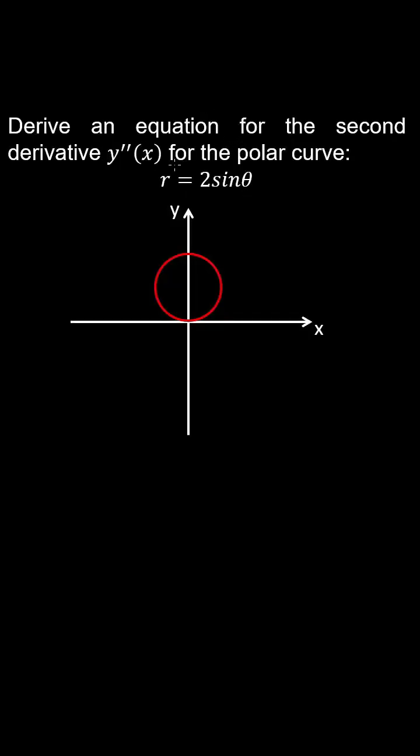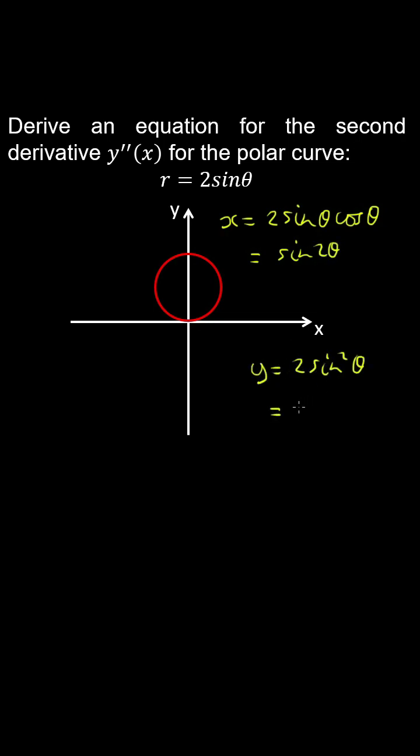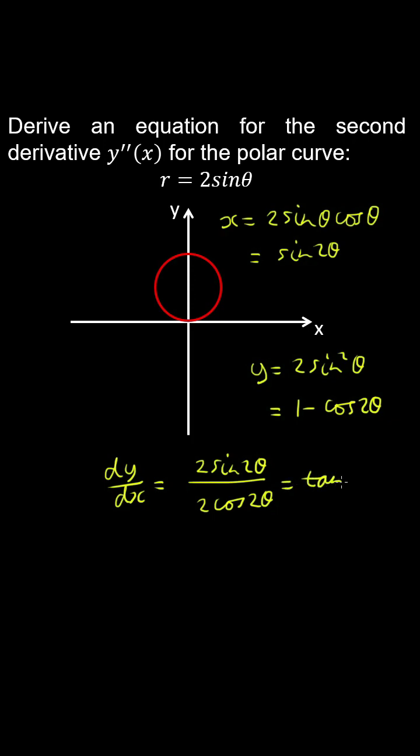Let's derive an equation for the second derivative of this polar curve. So x equals r cosine theta, and using trig identities, that's sine 2 theta. And y is equal to r sine theta, so using the double angle trig identity, we get 1 minus cosine 2 theta. And now the first derivative is equal to dy/d theta on dx/d theta, which is equal to tan 2 theta, and taking the second derivative,